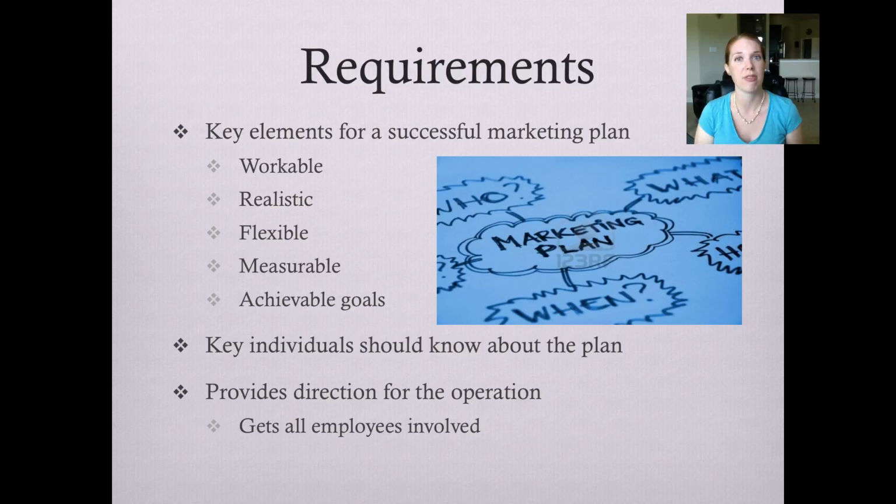The next, it has to be flexible. To be flexible means that I understand that things are going to happen through the year that might change or shift the way we manage our objectives and goals. The objectives and goals themselves probably won't change, but how we accomplish them might. So we might need to be flexible on our budget. We might need to be flexible on our different engagements or action plans, how we're going to accomplish those goals. If something new comes along and it's a great idea, hey, let's implement it.